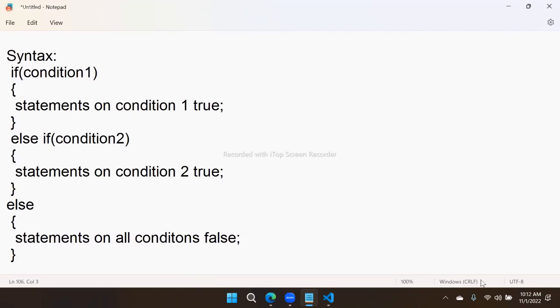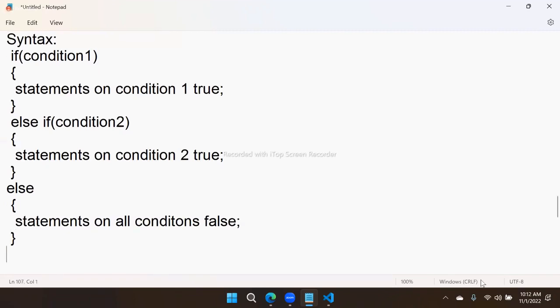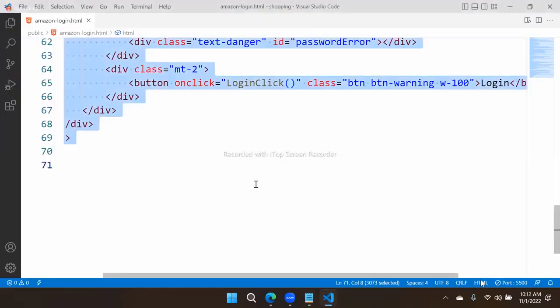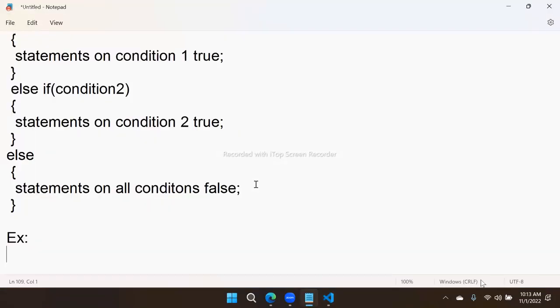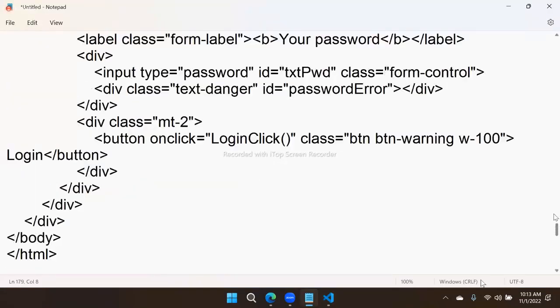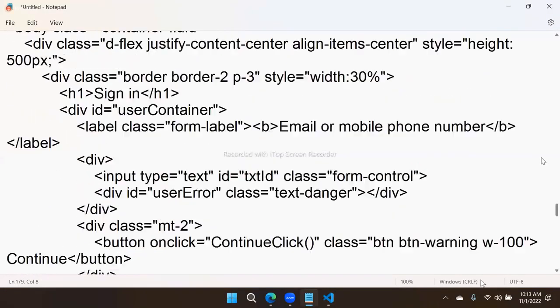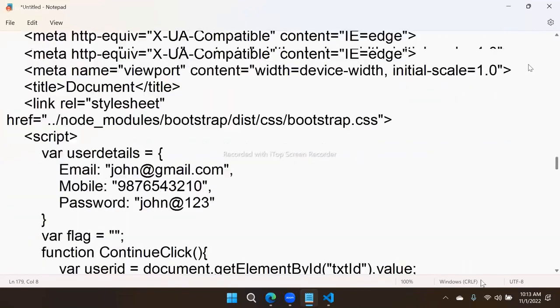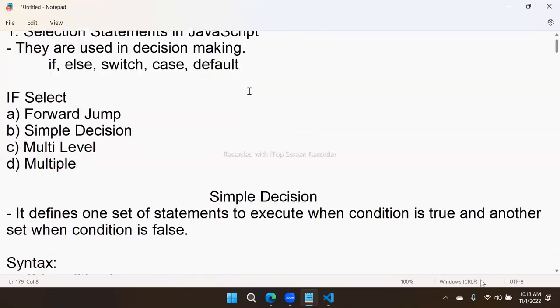Multi-level and multiple decisions, how to handle them. So the example is this. This is an example for multiple decisions. We'll copy this. So this is a multiple-decisions related example, and how to handle that. These are all selection related options. If select. Forward jump means